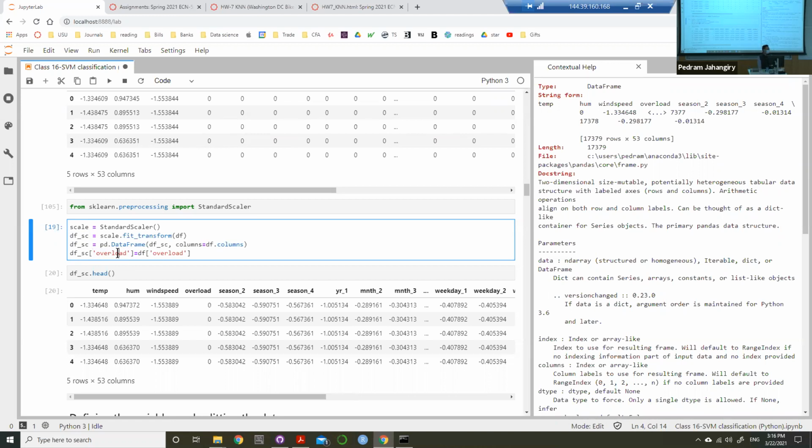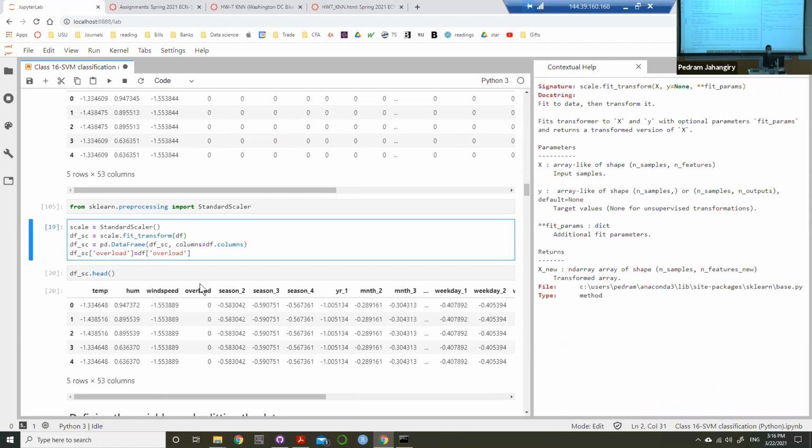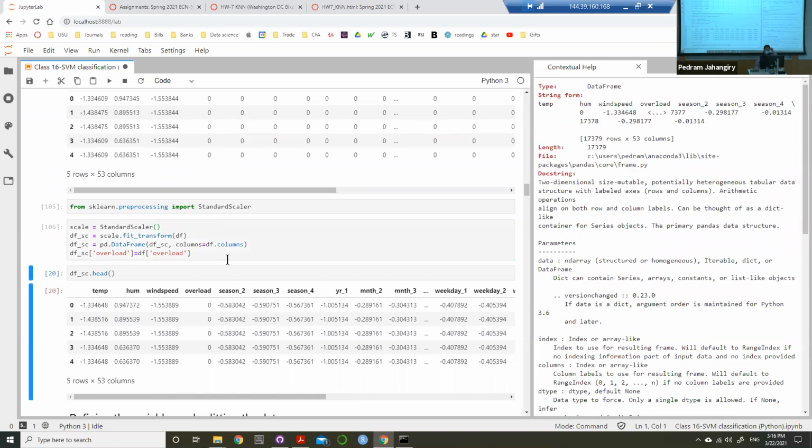So the target variable should be 0, 1. I could have done exactly the same thing here. If instead of df, I say df.drop, and then add the overload, and then get rid of this line, right? So basically, both of these things are going to do the same job. Just be aware that we are transforming the entire data set and then making the target variable again